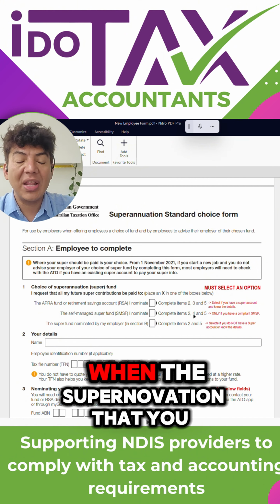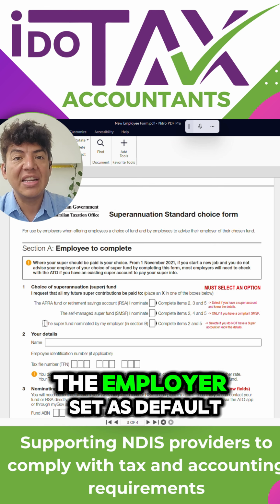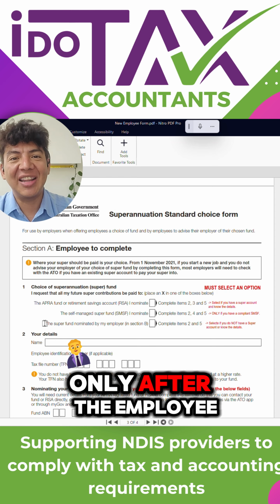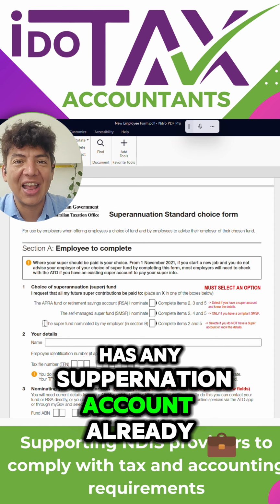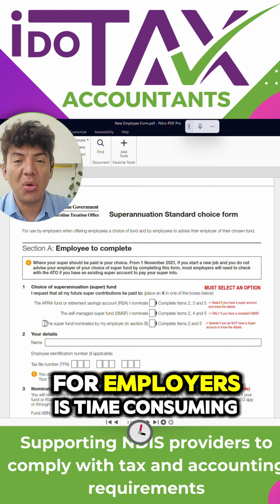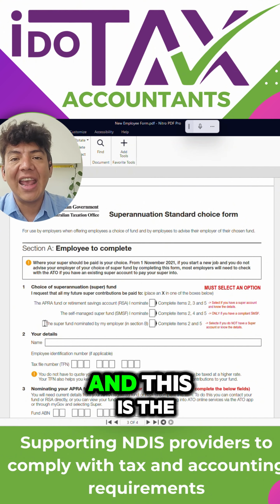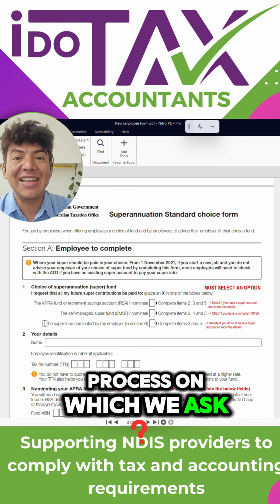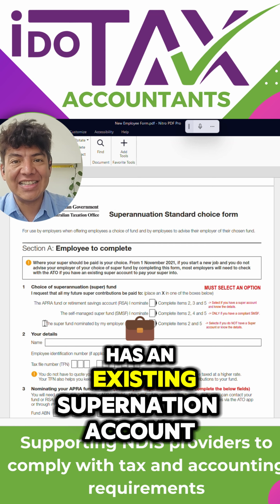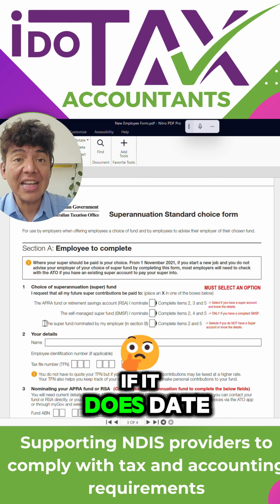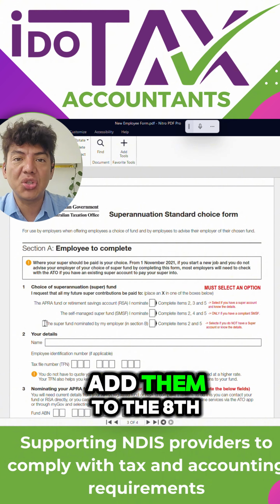The third option is when the superannuation that your employee wants to appoint is the one that the employer set as default, only after the employer has confirmed that the employee does not have any superannuation account already. The process to check for employers is time consuming. So we do this for them through the ATO portal. And this is the process in which we ask the ATO if the employee that we are onboarding and paying has an existing superannuation account. If it does, the ATO responds with the account details,